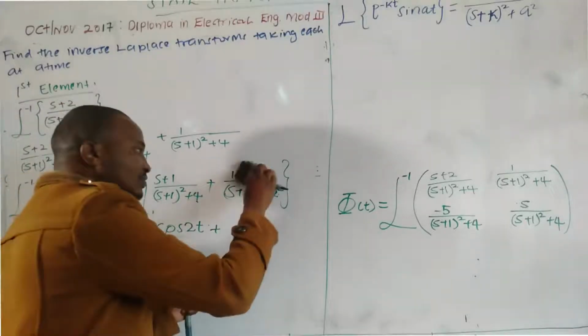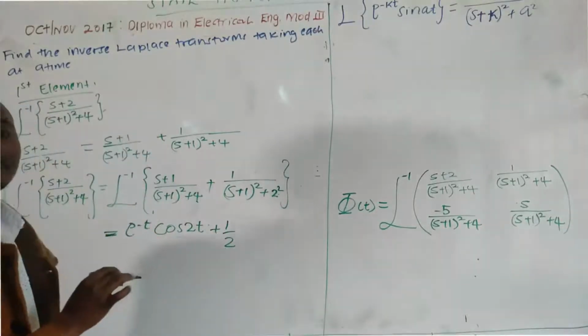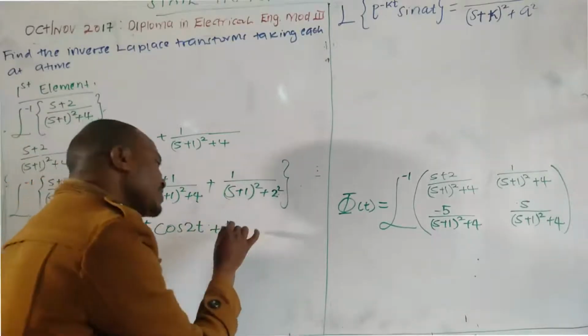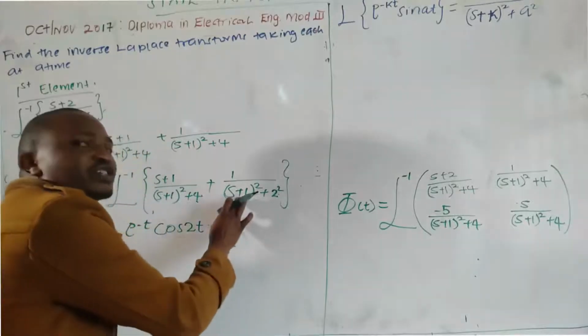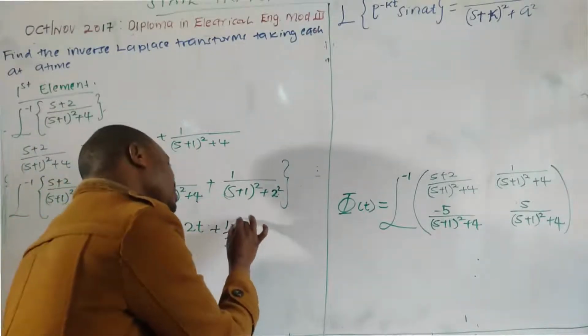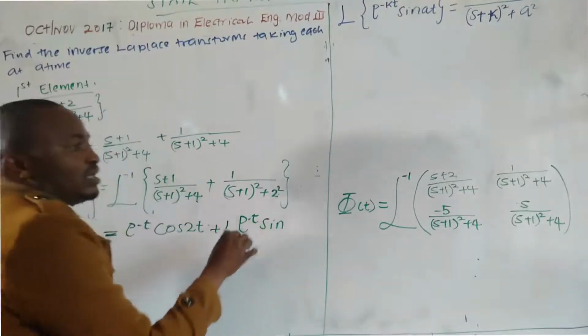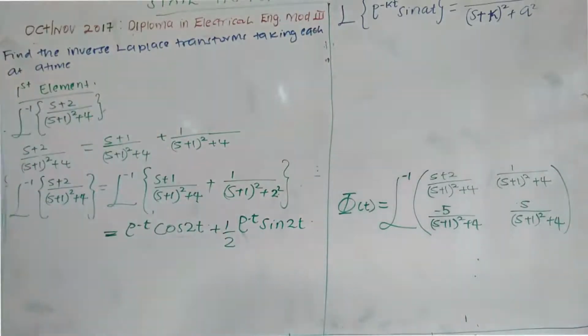It is because there is multiplication with a half. There is multiplication with a half to remove the 2 there. And then the whole of this one becomes sine exponential, because of this application of shift theorem here, exponential negative t sine, our a is 2, sine 2t. So we are done with the first one. So we go to the second element.